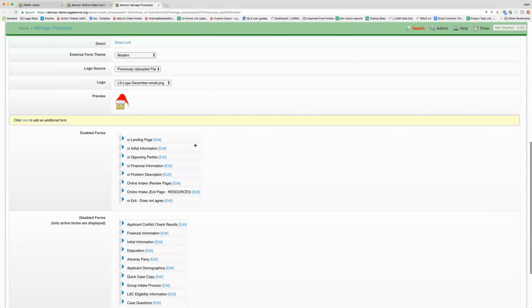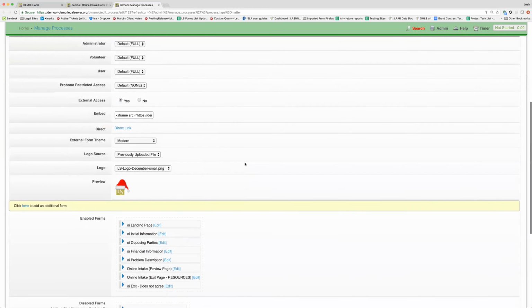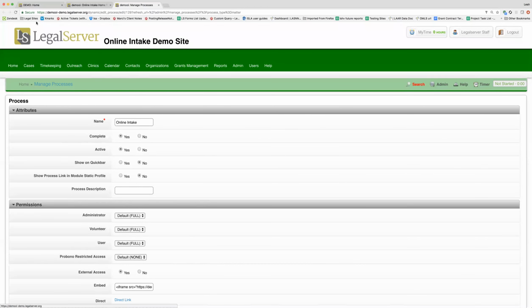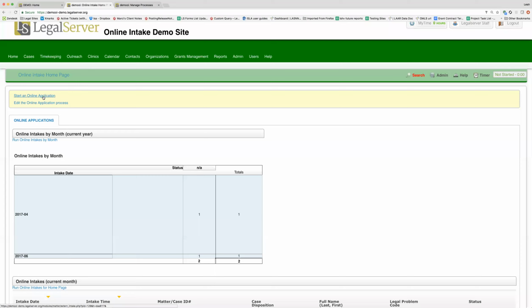As we scroll down, we can then see the enabled forms, which are going to be the steps of the online intake, just like in a regular intake on your regular site. Now, one difference as far as configuration goes is that we're able to rename the steps of the online intake itself. So what I mean by that, I'm going to go ahead and go to the front end to show you that,